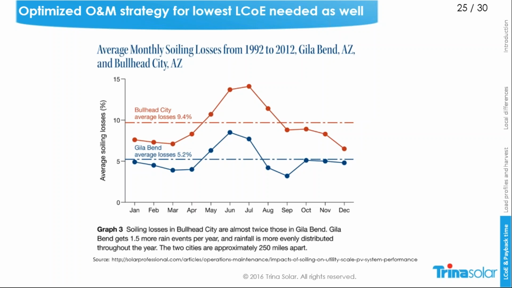And based on the location, this needs to be optimized. For example, in the desert region where you have a lot of dust with sand, which is sticky, it sticks on the module, can go quite fast and you lose a lot of energy. And if you lose the energy because the modules are covered by sand and dust, that means it's an increase in cost, because the modules will not produce at the best point because they're covered with dust,